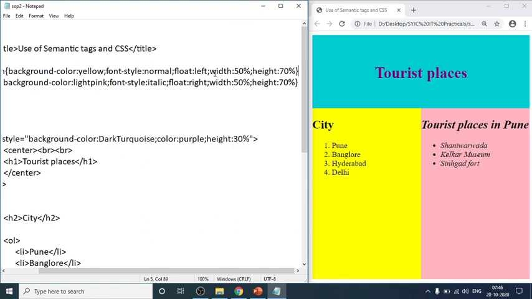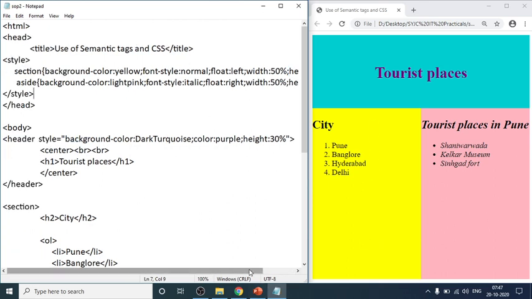So we have also given width and height. Width is 50%, and height we have given 70% because, as you know, the browser window is 100% and we have already occupied 30% of the browser window with the top section. So the remaining 70% is acquired by the height 70% of your left section.